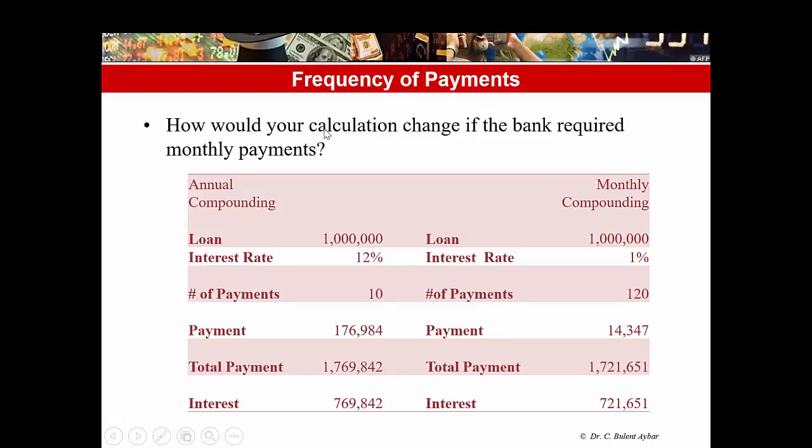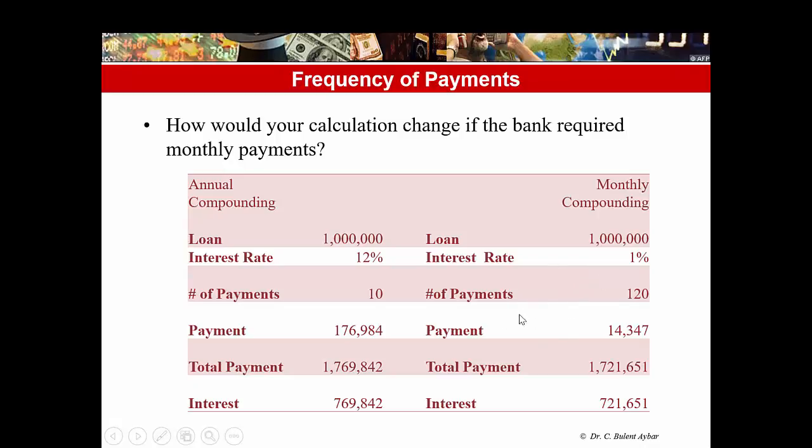Now, in this example, the payments that we made were annual. So in this loan, the company made annual payments at the end of each year. It is possible that loan arrangements may require more frequent payments. For instance, it is possible that we could make monthly payments instead of annual payments. If we needed to make monthly payments, there are a few changes that we need to make in calculation of